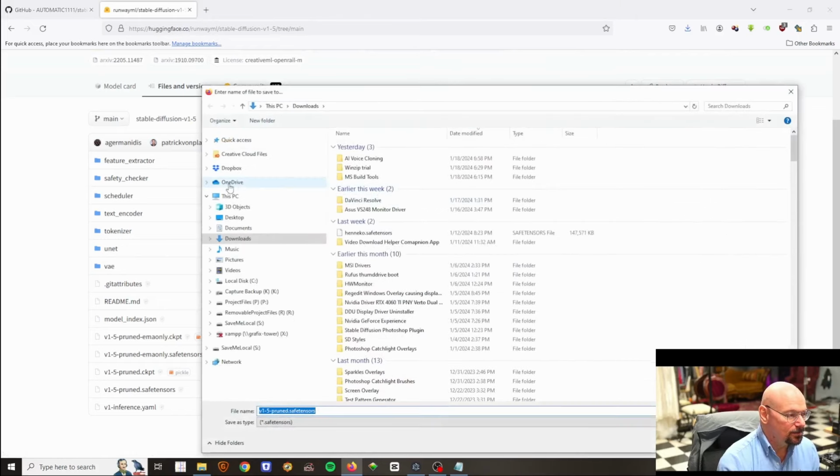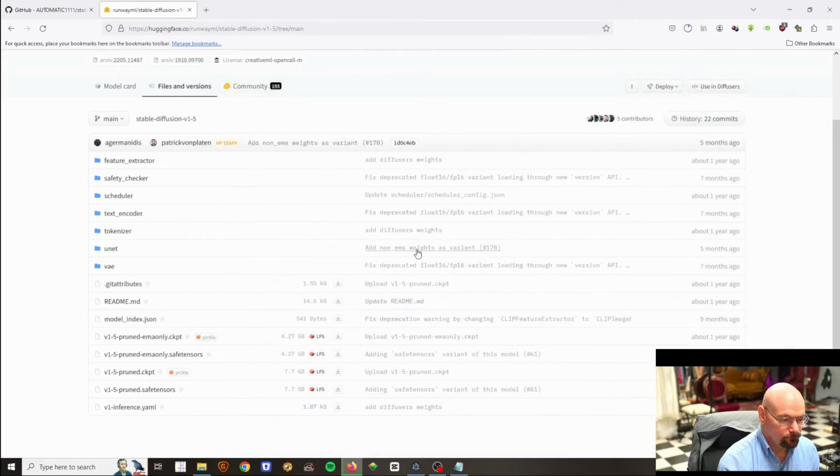Go ahead and download that to your computer. Just like that. Now this is a big file. This is a 7 gig file, so it's going to take a little bit to download here. And while that's downloading, let's go ahead and get the